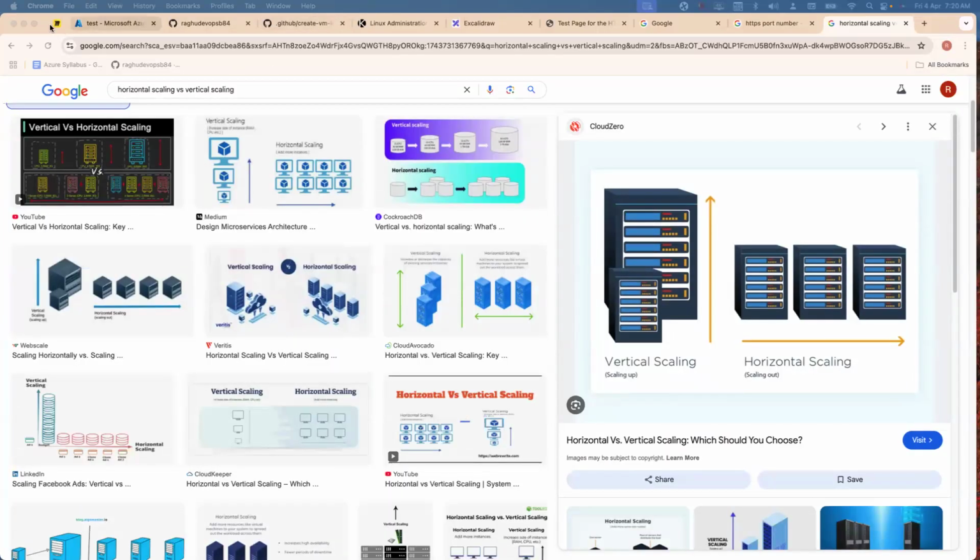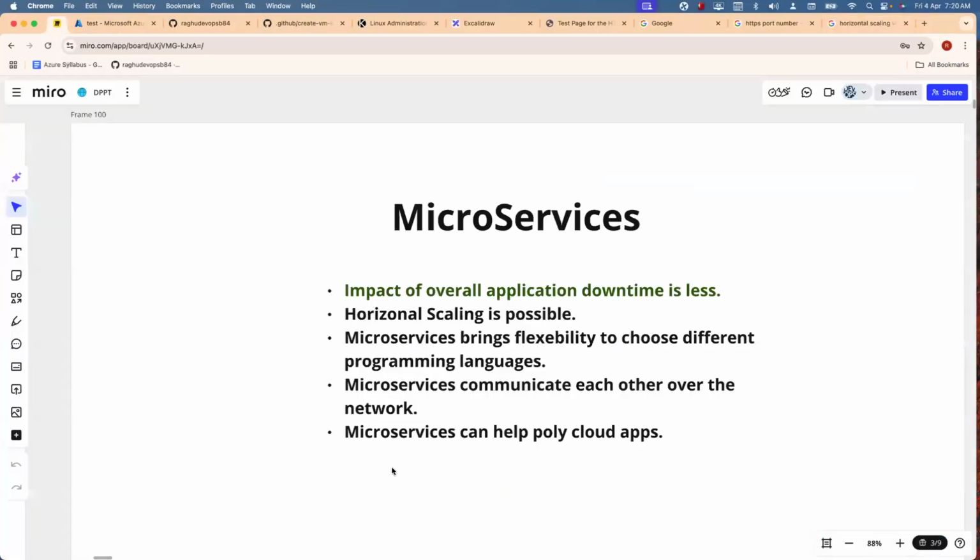So that's another thing. Microservices bring flexibility to choose different programming languages. That means each and every service is a different service. They just interact over the network. Network is a common language, so they can communicate with each other over the network. That's where any service can be written in any language. These are all just the advantages. And microservices communicate with each other over the network, and microservices help in developing